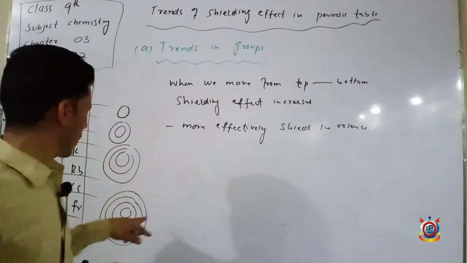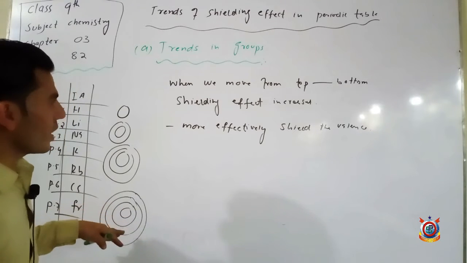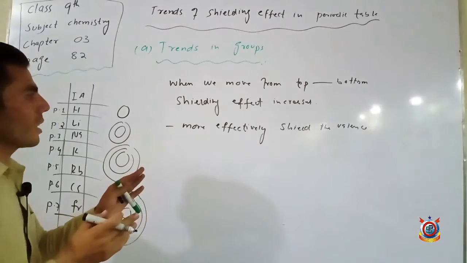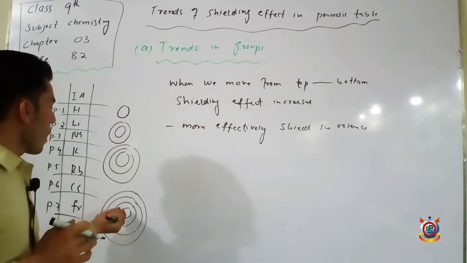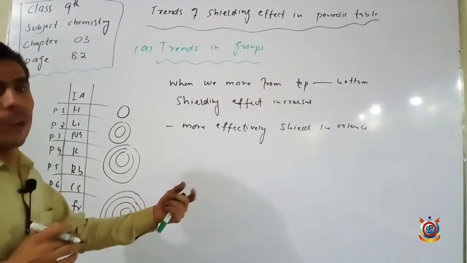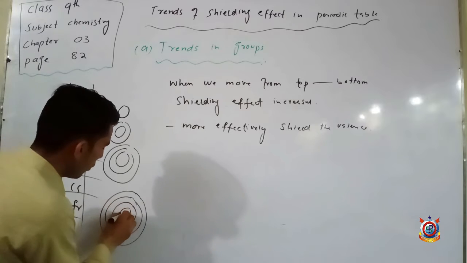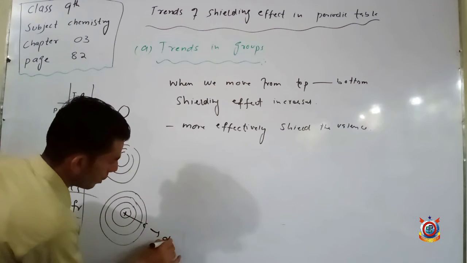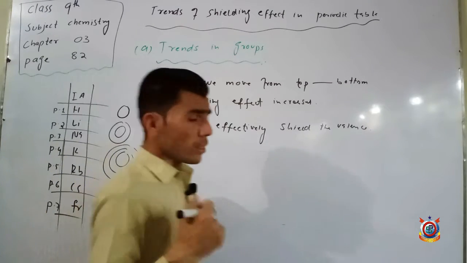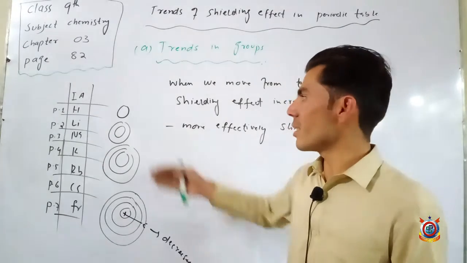As a result, what happens? These increasing number of inner shell electrons, they do what? They more effectively shield the valence electrons, and hence, as a result, the force of attraction of the nucleus decreases for the valence electrons. The force of attraction of the nucleus for the valence electrons decreases, a reduction occurs, and hence we say that the shielding effect increases when we move from top to bottom in groups, and the result is that the shells